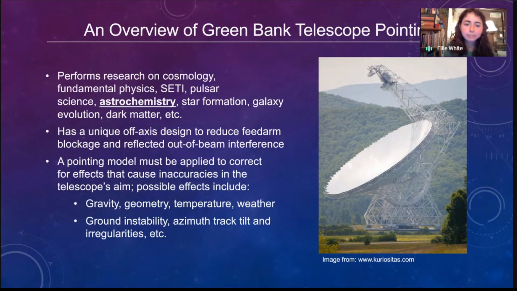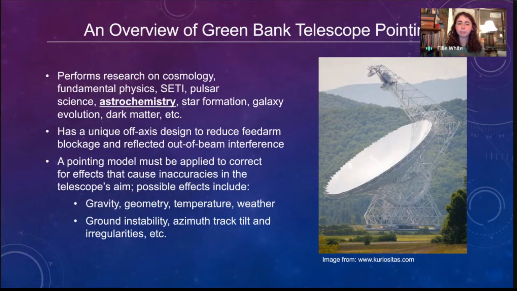So needless to say, we need to apply a pointing model to be able to point accurately enough to do this really incredible research. There are a lot of things that can affect how a telescope points. We talked earlier about things like refraction and precession and accounting for the Earth's rotation. Well, the other part of that is completely dependent on your telescope. A pointing model basically corrects for everything that's specific to your telescope and its design and structure.